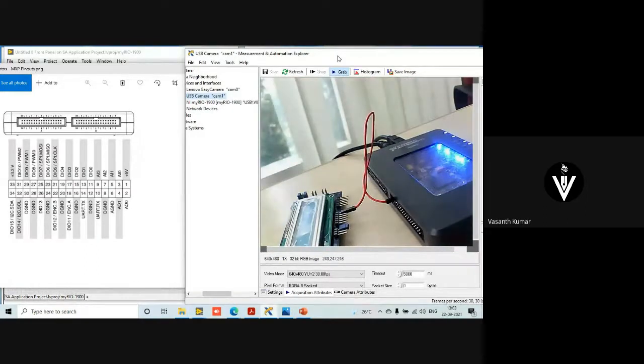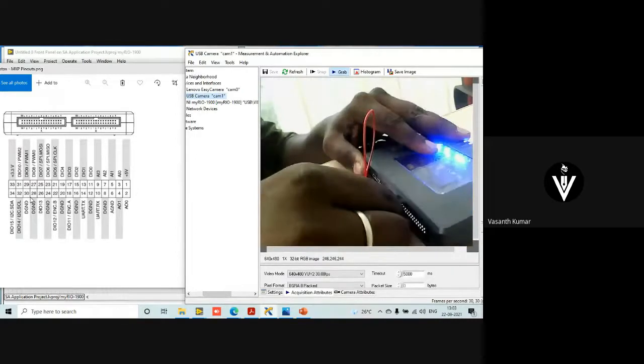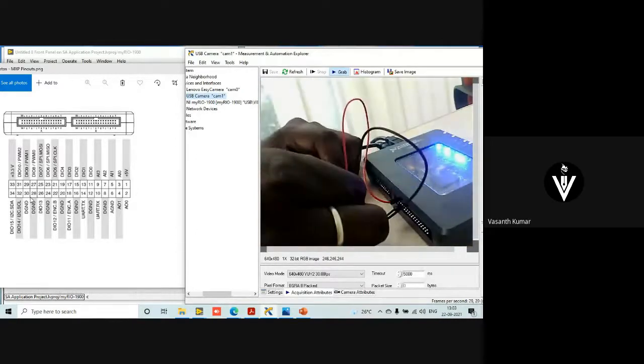So the ground, where I have ground here at the 30th pin. Can you see? I have ground at the 30th pin, D ground, right? I can use 28 or 30, whichever I feel like using. There are multiple grounds here. I use one of them. Connect this and this for grounding.